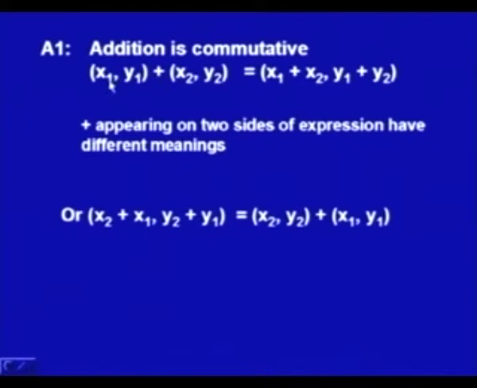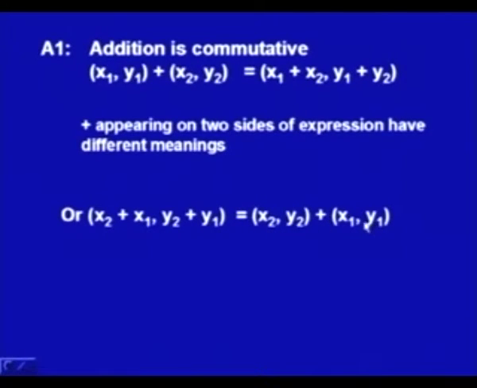Here the plus means we are adding two vectors. So, it is between two vectors. So, this plus means vector addition, while this plus means simply we are adding two numbers. So, this plus refers to addition of two real numbers. So, this is a real number, this is a real number, that is why we can write it as x2 plus x1 and y2 plus y1, and by definition this is equal to (x2, y2) plus (x1, y1),